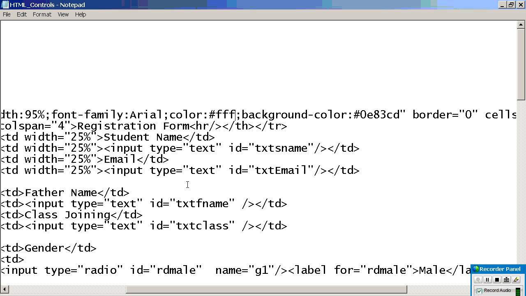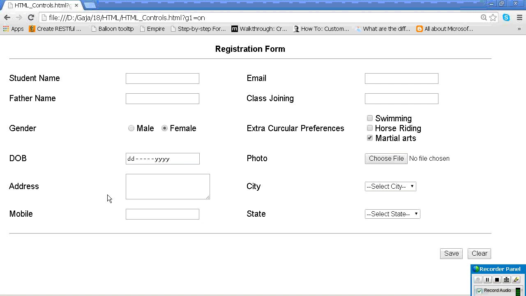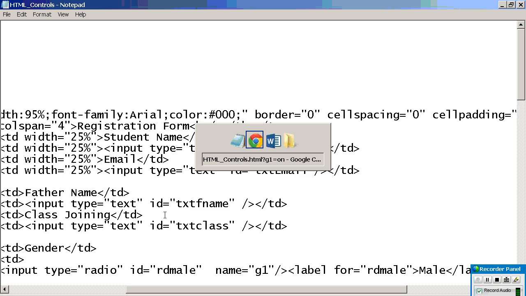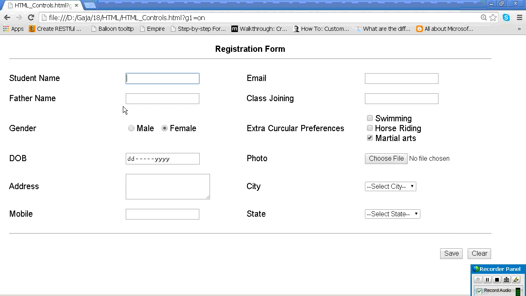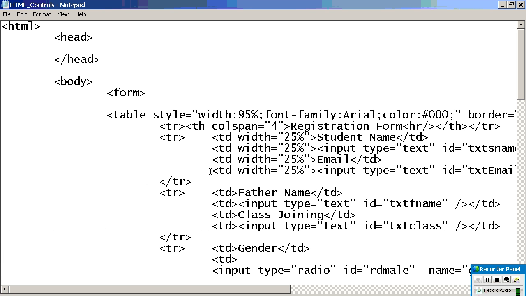Now you can do one thing. Just tell me that I don't want a background color. Let it be black only. Now I want to change the border color of this one, this is all I want to change. Do you understand? Then what do I need to do? I need to go to, did you understand?